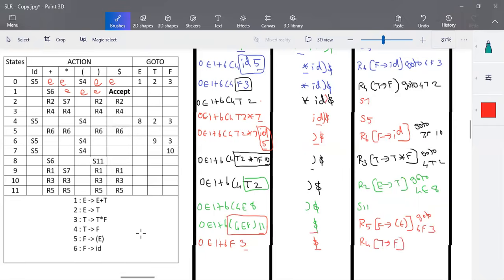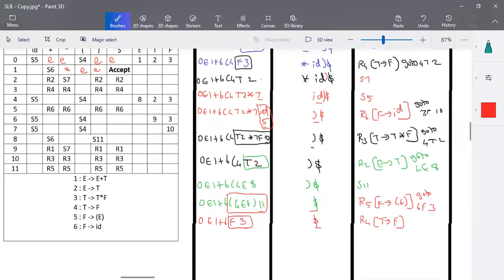T tends to F. So you have to pop out until a handle occurs. So until this F will be popped out and instead of that we'll be pushing the element. 0 E 1 plus 6 and we'll be pushing T into stack. And each and every reduce operation is followed by a go to operation performed between the last two elements. The last two elements are 6 comma T. So what is there in 6 comma T? 6 comma T consists of state 9 and 9 will be pushed into stack. So what is there in 9 comma dollar? 9 comma dollar consists of R1, reduce with production number 1.